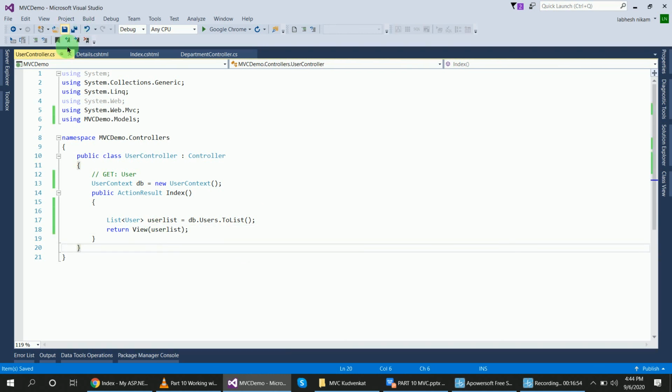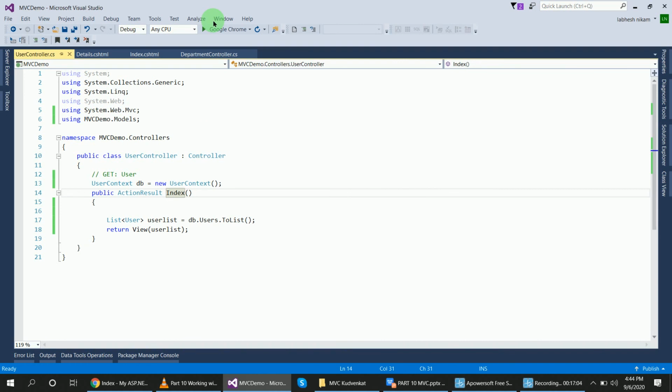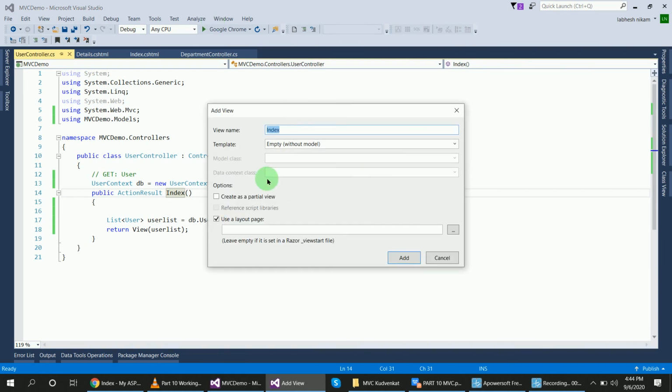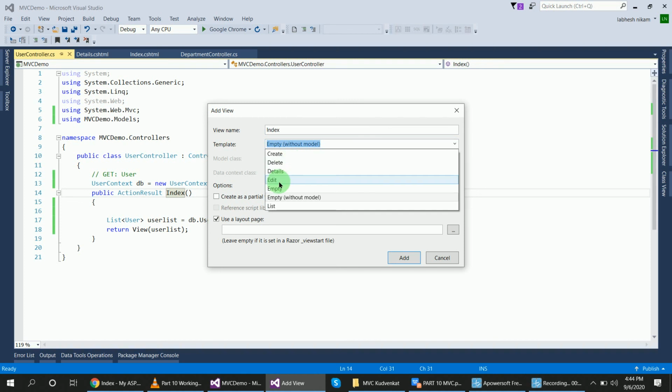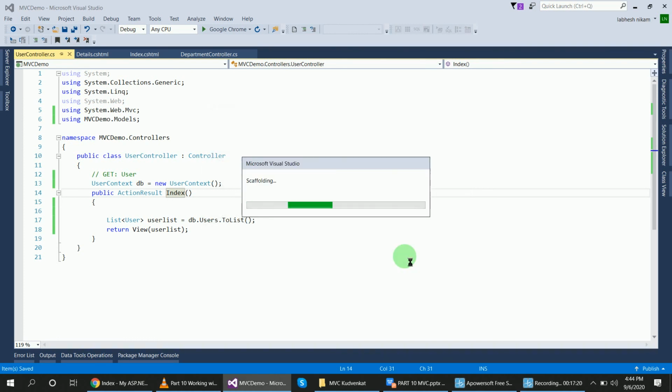Okay, let's check whether this shows the user list or not, but before that I want to add the index view page of it. So add view, index page of empty, and user model class, user context data context class.